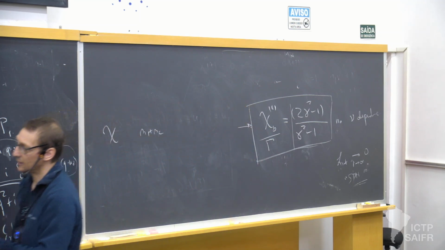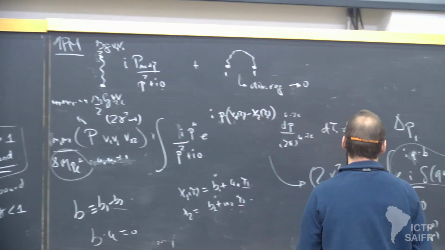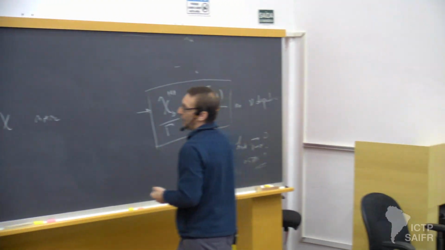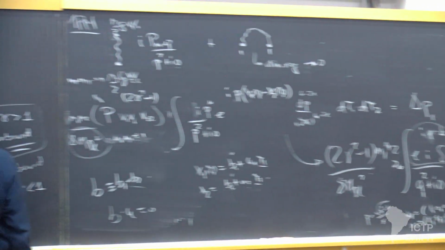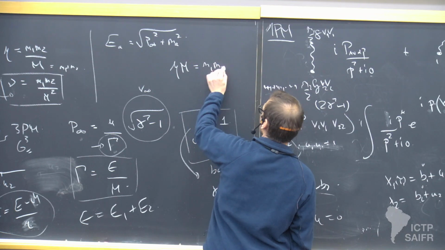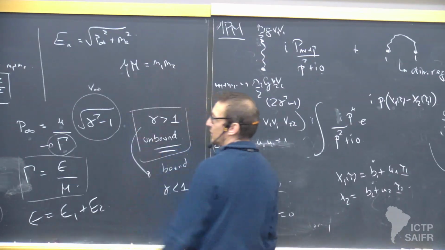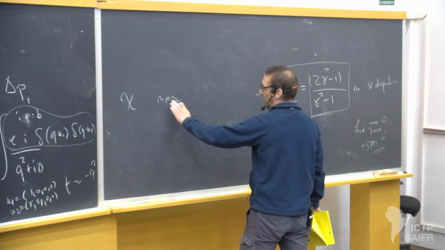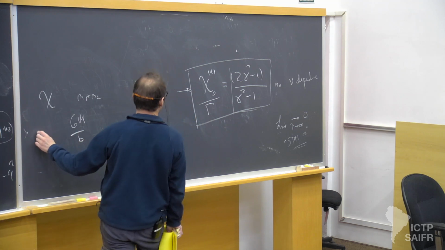Yeah, exactly. So there's a G, here there will be a G. And the delta P has the mu, and the mu M will give you M1 and M2. So when you divide by P infinity, you pick up the mu of this factor and you get the M. So the angle depends on M1 and M2. So the angle at 1PM, it has just this very nice